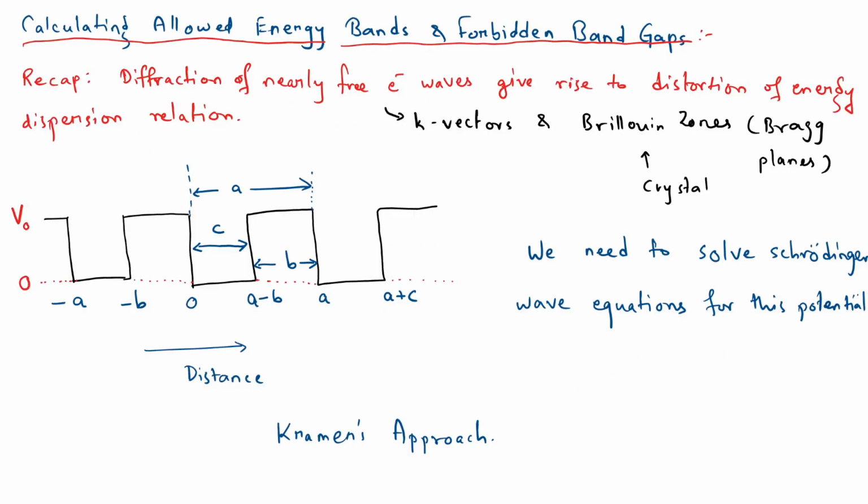So in the last few classes we saw qualitatively how the electron waves, or the de Broglie wavelength of the nearly free electrons, when it matches with the wave vectors associated with the periodicity of the lattice, gives rise to the diffraction of those electron waves, and hence,